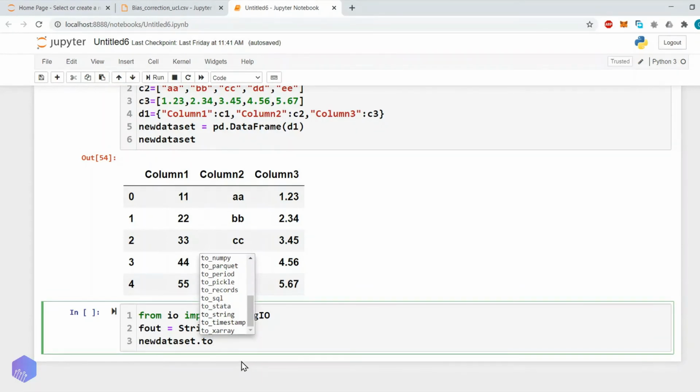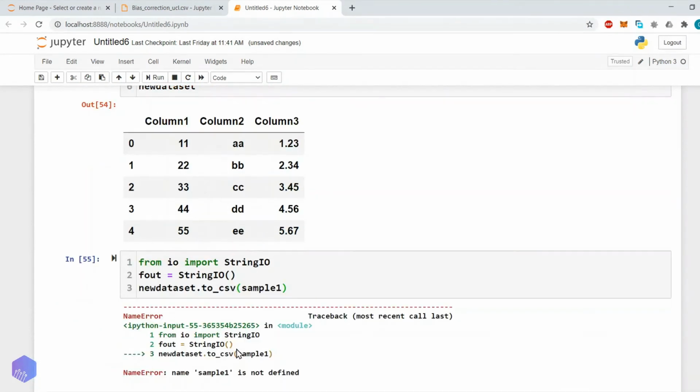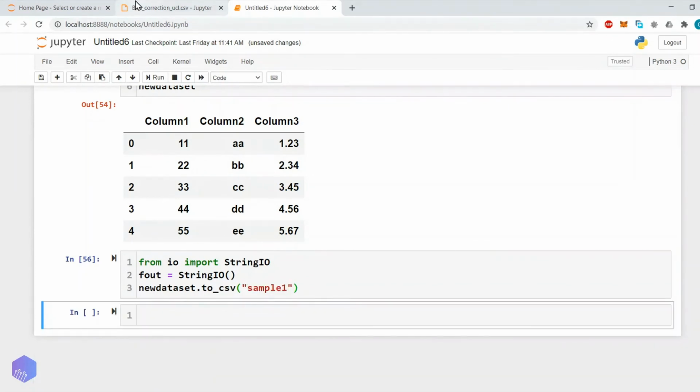So let's do one thing. We will export it to CSV, and let's say we want to give the file name as sample one. Now here again we have to give the file name sample one.